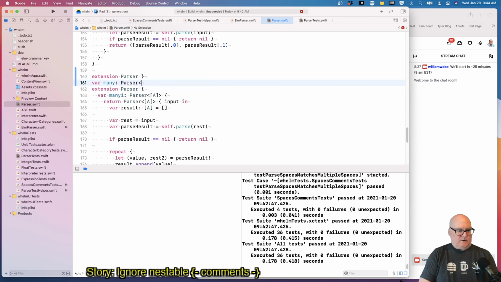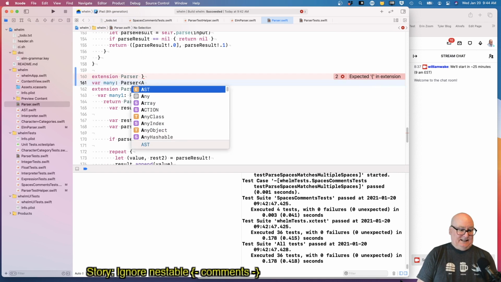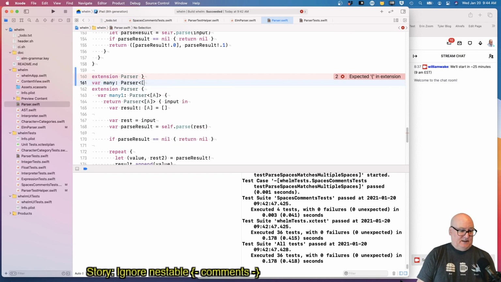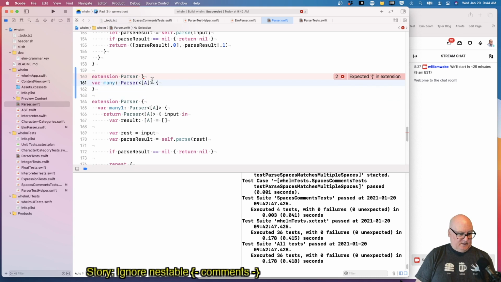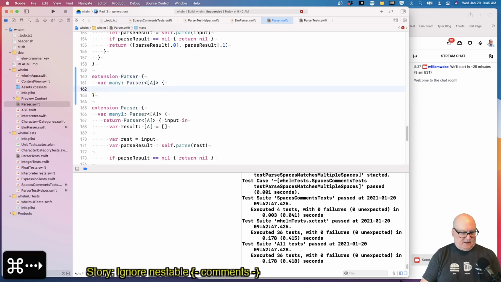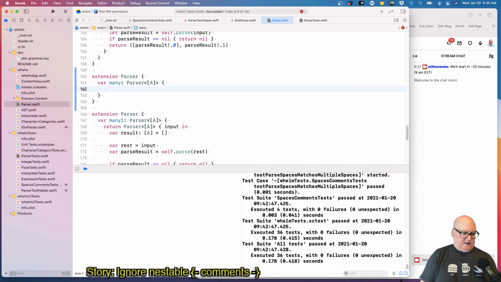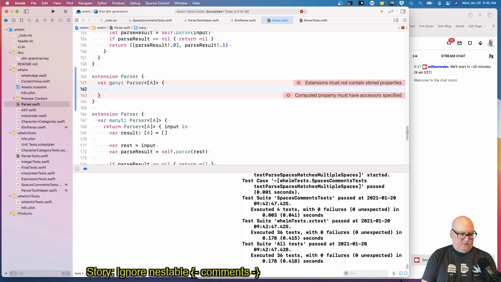Is a parser of... I think it's a parser of array of A. Okay, because like the ManyOne, it can return multiple values. Oh, no wonder I'm not formatting. Okay, and all right. So I think with this